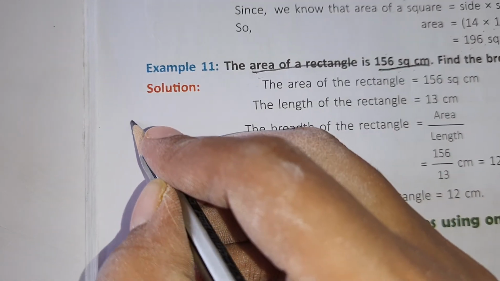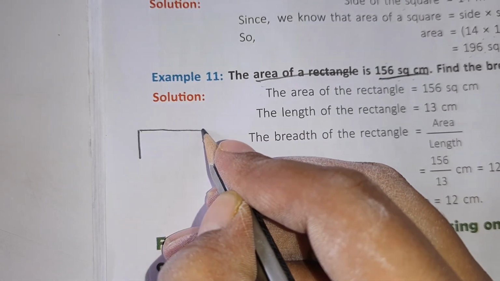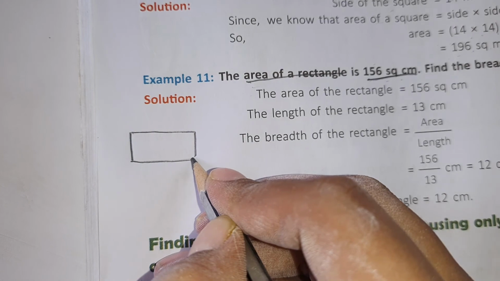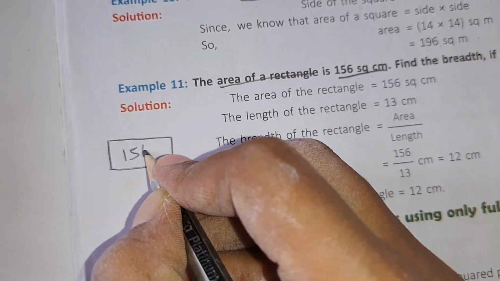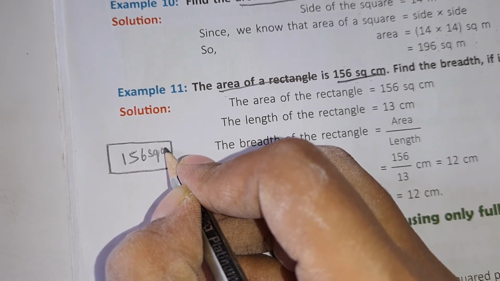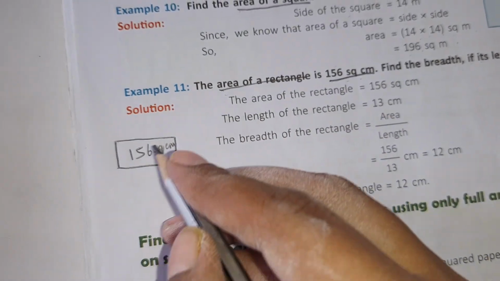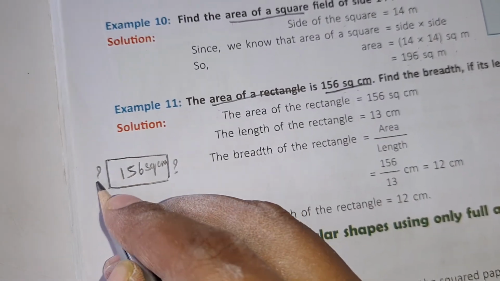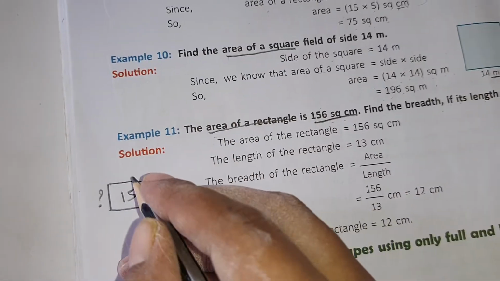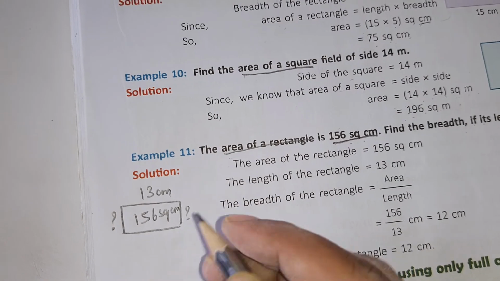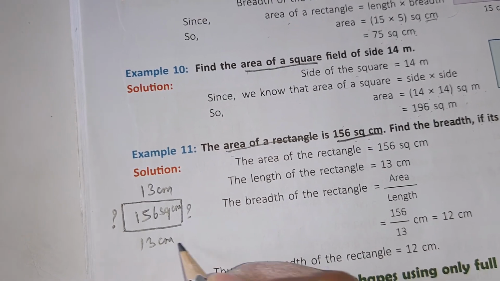That means here a rectangle is given whose whole area is 156 square centimeter, and you have to take out the breadth whose length is given as 13 centimeter. Okay, 13 centimeter this and this. So